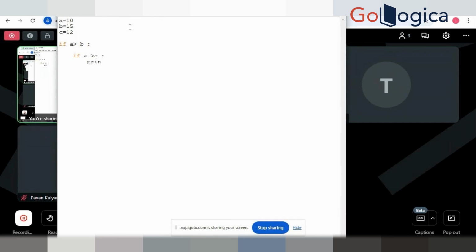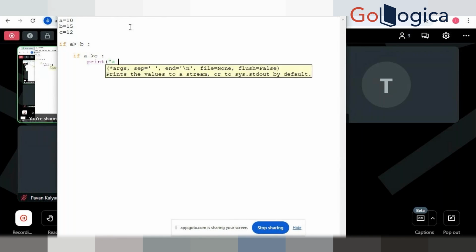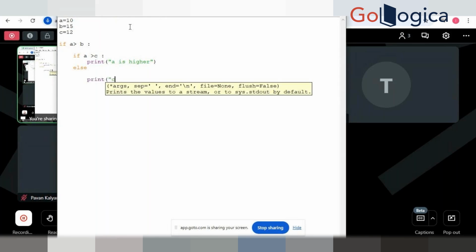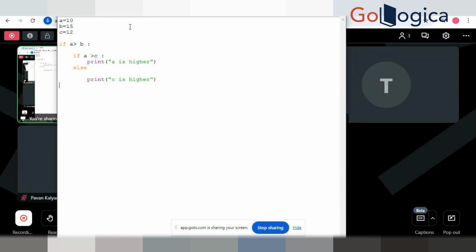So here I'm putting print a is higher. Else, what I'm checking, c is higher. Else, what I'm doing,